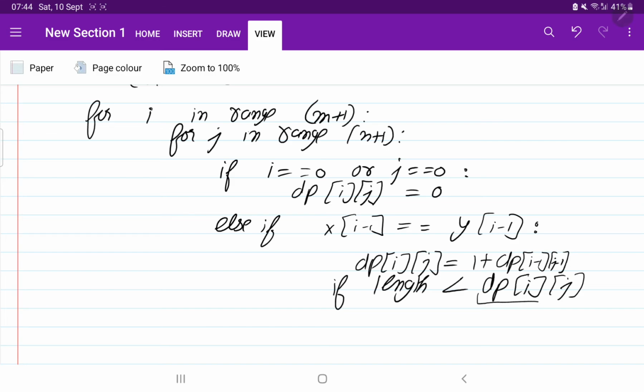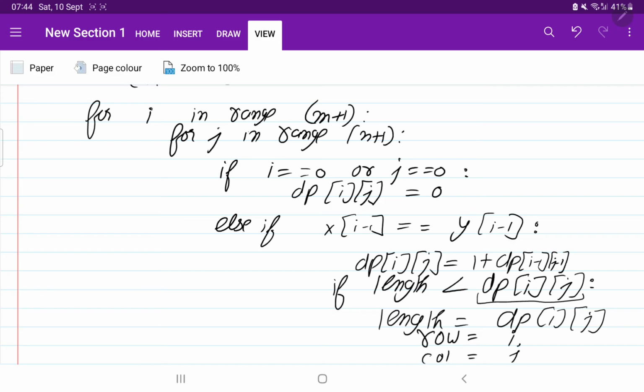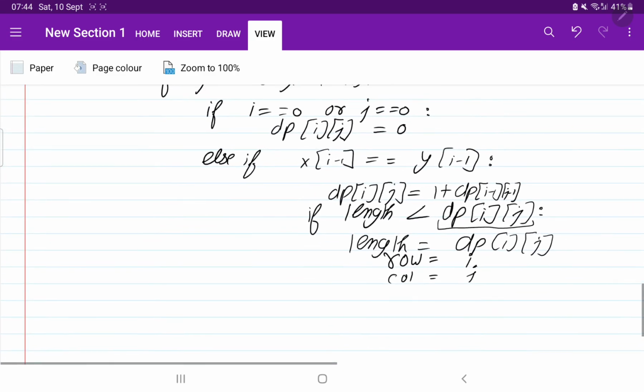If this is greater than the length, as I told you, we need to update the length. So length will now be dp of i comma j, and the row and column are also going to be updated. So row will be equal to i and column will be equal to j. This is the case when the length is greater.